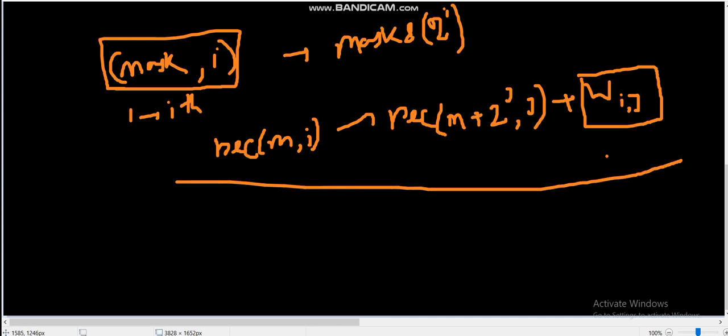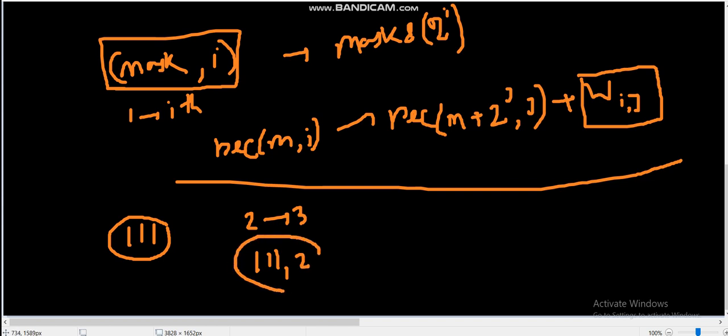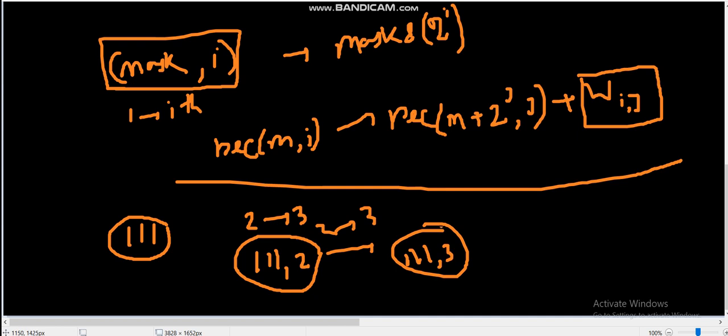But here comes one case. Let's say we have some mask where the first, second and third bits are all set. Now let's say there is a negative edge from 2 to 3. Now let's say the bit mask 111 and 2 is given to us. You can say that from this we can just take the path from 2 to 3 and directly jump from 111 comma 3. So the recursion state